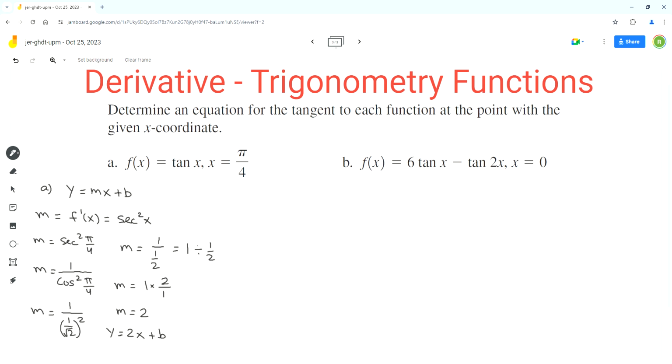So we sub in x as pi over 4 in f of x, and tan pi over 4 is equal to 1. So a point that lies on this tangent is